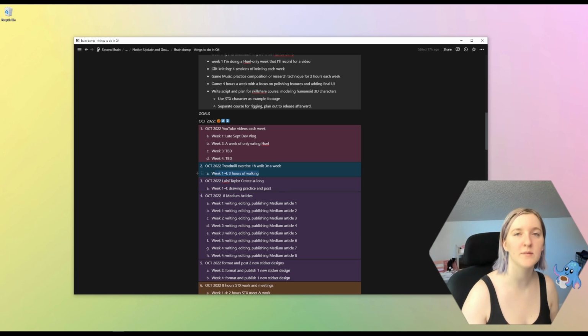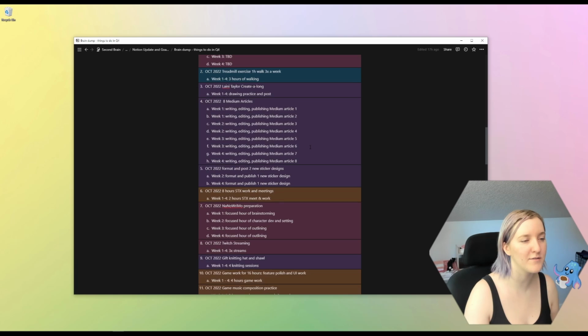So like I want to do some longer walks and focus a little bit more on fitness. So I've just got week 1 through 4, 3 hours of walking. So this is going to be a task that is repeated for each week. And then this is going to be the goal for the entire month. So this will be a quarterly goal and this will be a weekly task. And I've done that for all of my